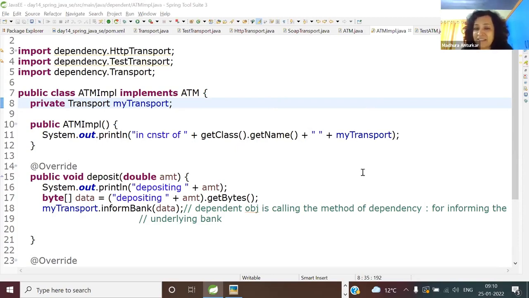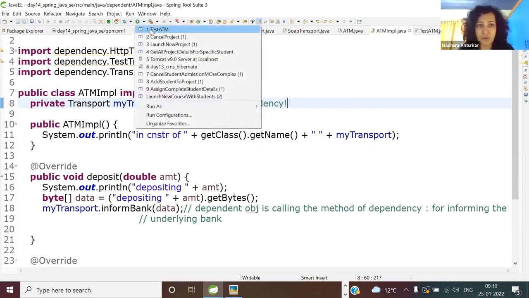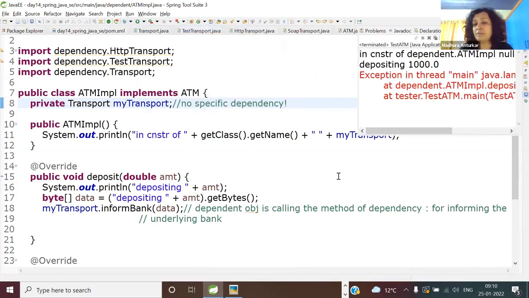But now at least give me the answer. If I run it again, what will you get? Null pointer exception or the output? Of course, null pointer exception. So this is only partly done. There is no specific dependency here. Okay. So we have got a loose coupling here. But if I run it as it is, everyone should know that we are back to null pointer.